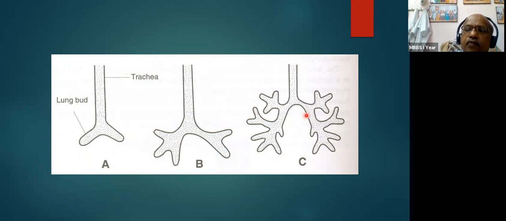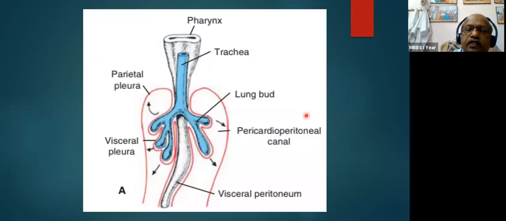Now once it is formed, see this picture. On the first day itself I told you while telling about the body cavities, that the body cavity at the level of the abdomen is called the peritoneal cavity. If you trace it cranially, you will have the pericardial cavity. Connecting these two, you will have the pericardio-peritoneal canal. So this developing lung bud, the bronchial bud, getting divided into various branches, is entering into the